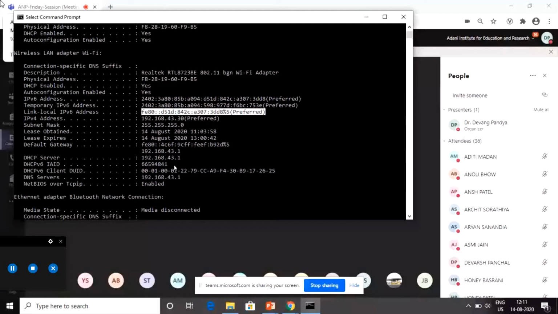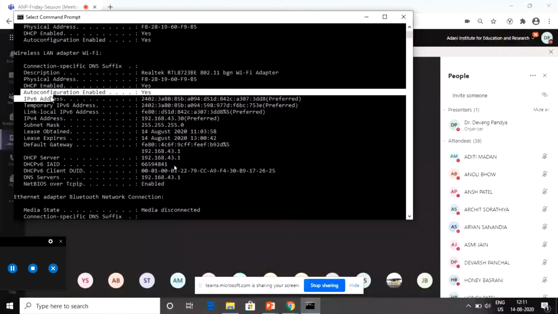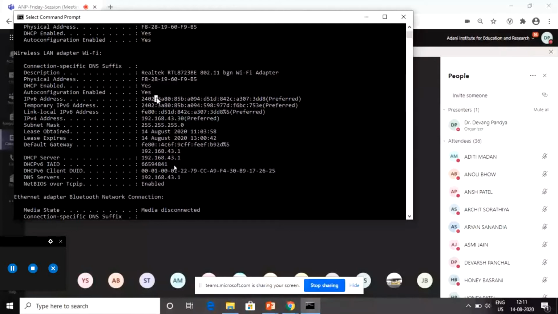You can see another field here, auto configuration enabled. Are you able to see this? Is it yes or no? Auto configuration enabled: yes, it will show yes. This is a property of IPv6. IPv4 did not have this property, auto configuration.